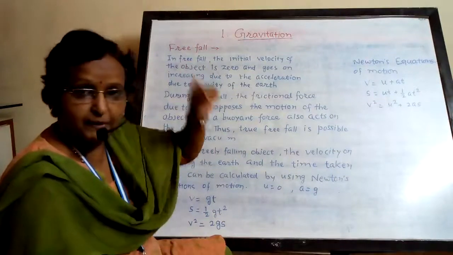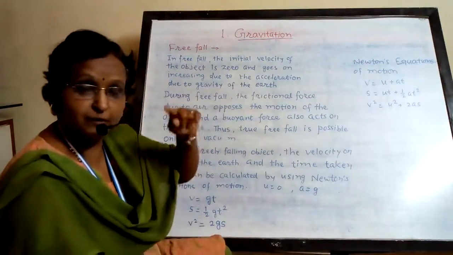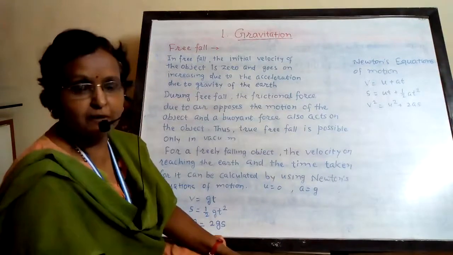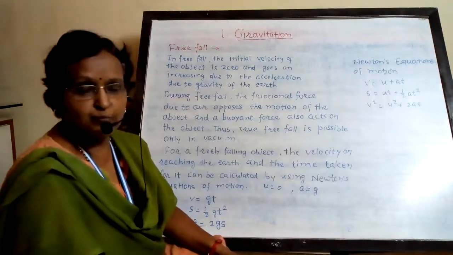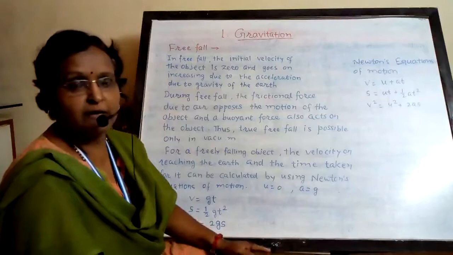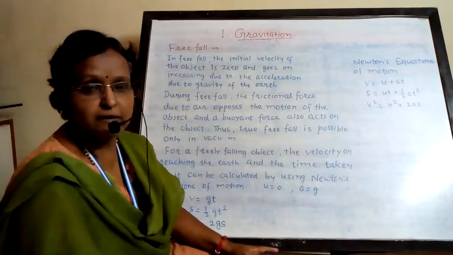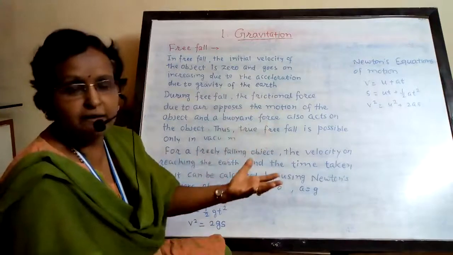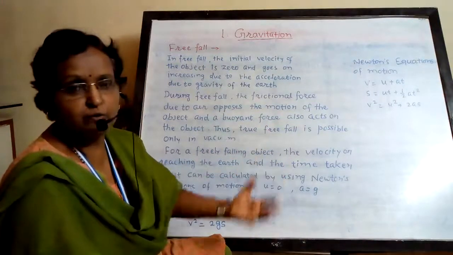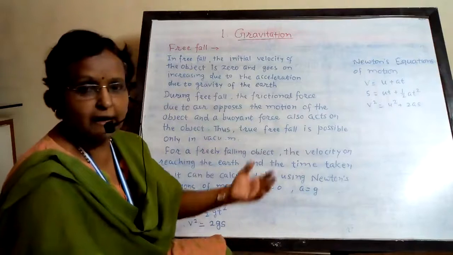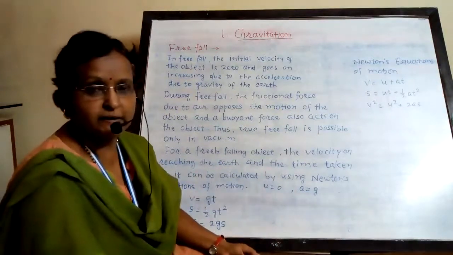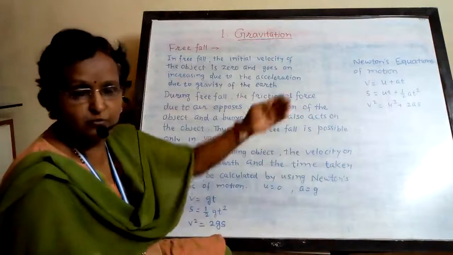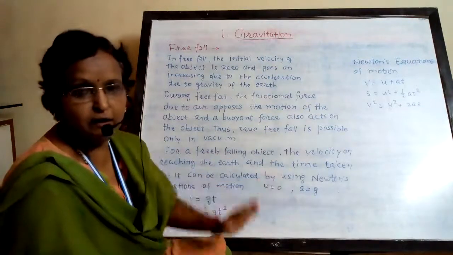But this experiment I have told you was done with different masses of spheres thrown from the Tower of Pisa. Nowadays, scientists have proved that free fall is possible only in a vacuum. When air is there, it is not possible, due to the frictional force of the air and also the buoyant force. And there is some difference in the time taken for those objects to fall on the earth.